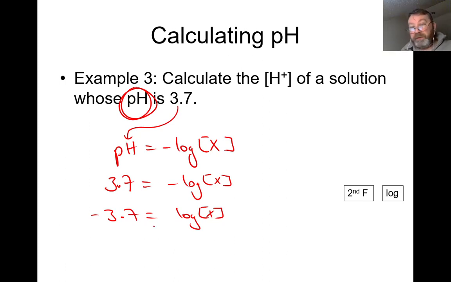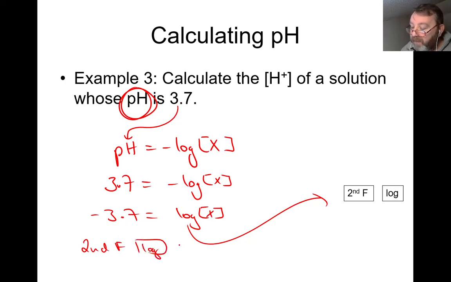Now, how do I get rid of the log? And the hint is there. You invert it. Second function log is something that will undo the action of a logarithm. Okay, so in this case, what I want to do now is second function log with minus 3.7. So in other words, I'm going to get the inverse log on both sides. So when I get the inverse log over here, that just leaves me with x. When I get the inverse log over here, it's the second function log with minus 3.7. So shift log minus 3.7, and the hydrogen ion concentration comes out as